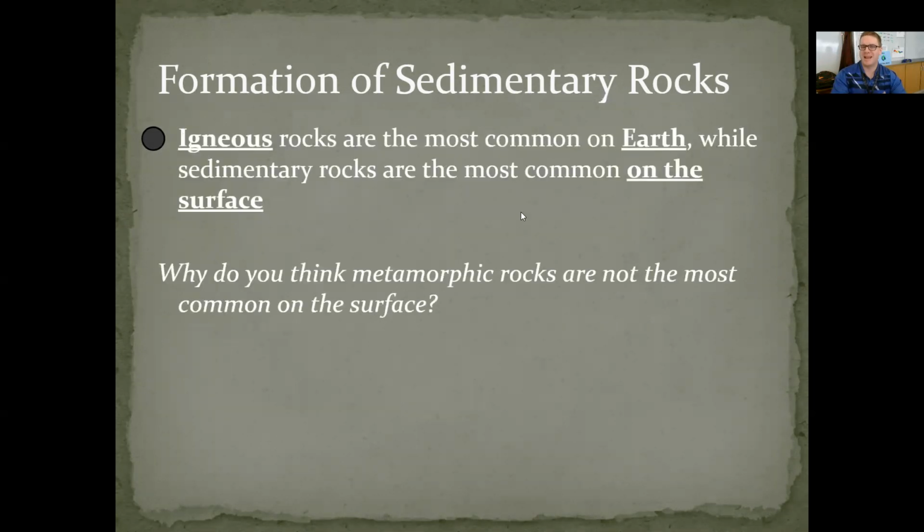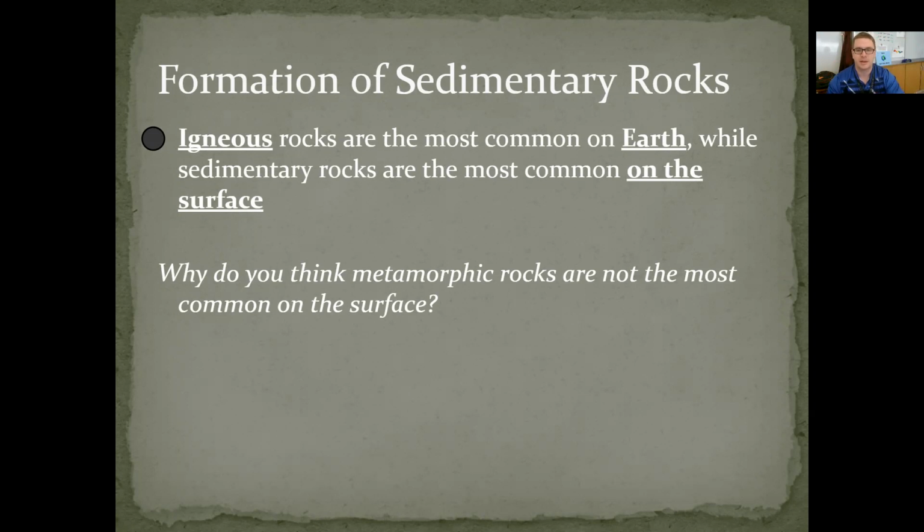First one, in our last section on igneous rocks, we learned about different types of igneous rocks, and igneous rocks come from either magma or lava, and they are the most common type of rock on Earth. However, at the surface, the most common type of rock is sedimentary rocks. Metamorphic rocks kind of fall into a gray area because we have some metamorphic rocks at the surface, but they need a lot of heat and pressure to form. So in order for them to get there, they need some sort of motion underground forcing them to the surface. So igneous rocks are the most common because there's a lot of magma underground, and there's a lot of volcanism